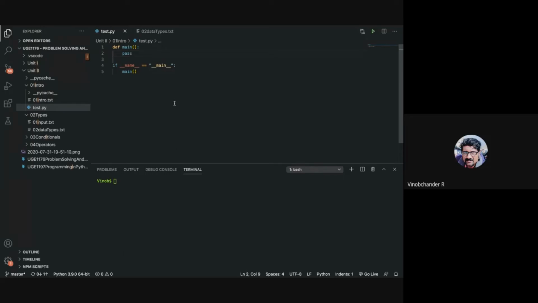Sir, in C, all of the elements in an array should be of the same data type, whereas it need not be in a Python list. Correct. That is one very correct difference. In C, arrays are homogeneous, they are of the same type, whereas in a list, you can have either homogeneous or heterogeneous elements. The types could be literally anything within a list. That is one correct difference between an array and a list. Anything else?